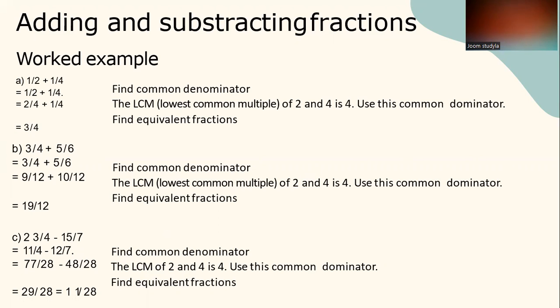So the lowest common multiple is 28. So 28 divided by 4 equals 7. So 7 multiplied by 11 equals 77. So in this case, 7 times 4 is equal to